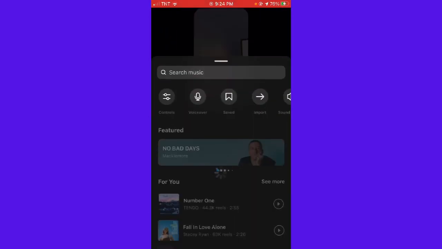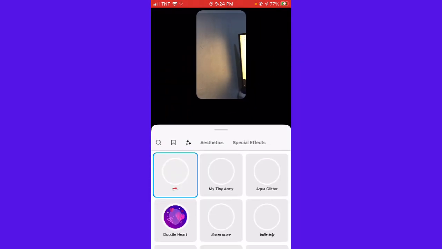Okay, so once you're done with your video, just click on next. Okay, so in here you can also add some music by clicking the music button, add some effects, okay, add some